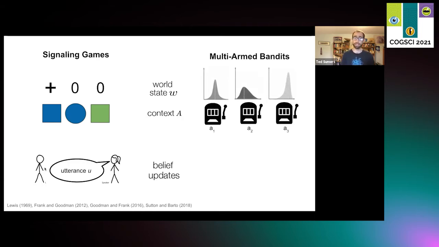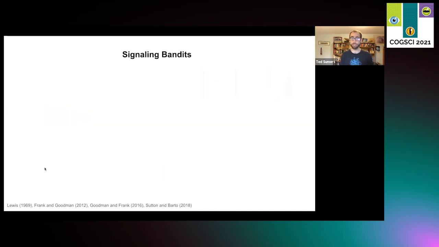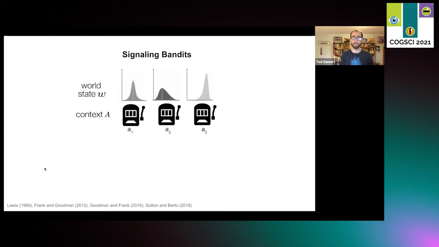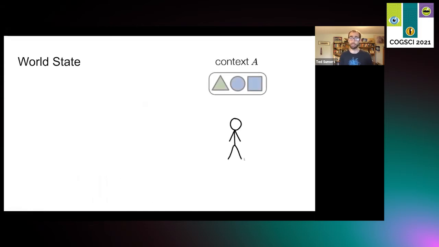However, multi-armed bandits is a single player game where an agent learns this partial knowledge via repeated interaction with the environment. So our first contribution is to combine these two into a new game, signaling bandits, which has the more complex payoff structure of multi-armed bandits, but the communication paradigm of signaling games. So formally, a learner agent chooses an action from some context A,